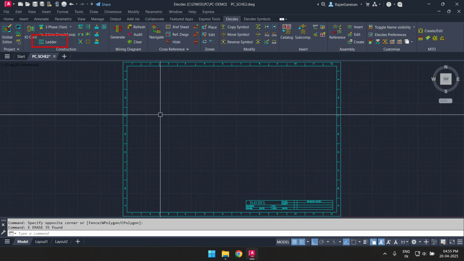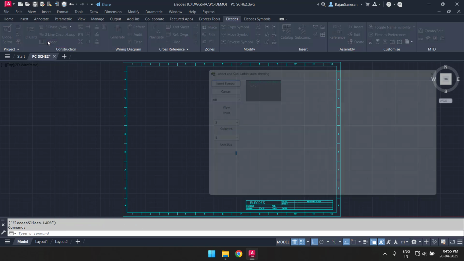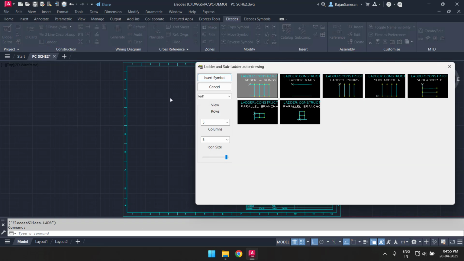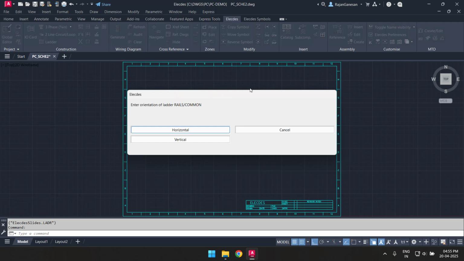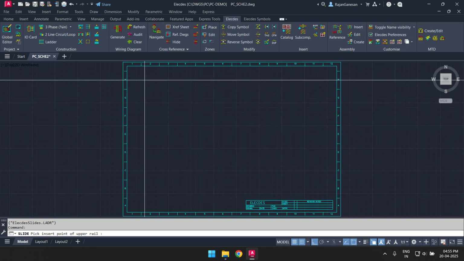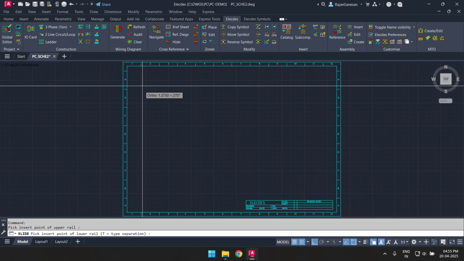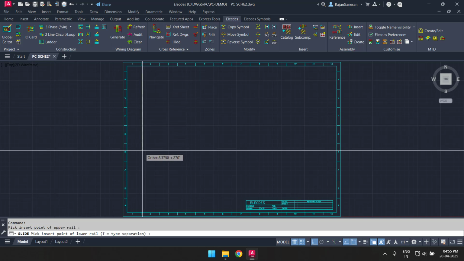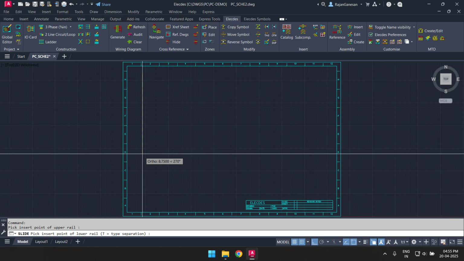This time I will construct a simple ladder. I can adjust the run count and spacing.